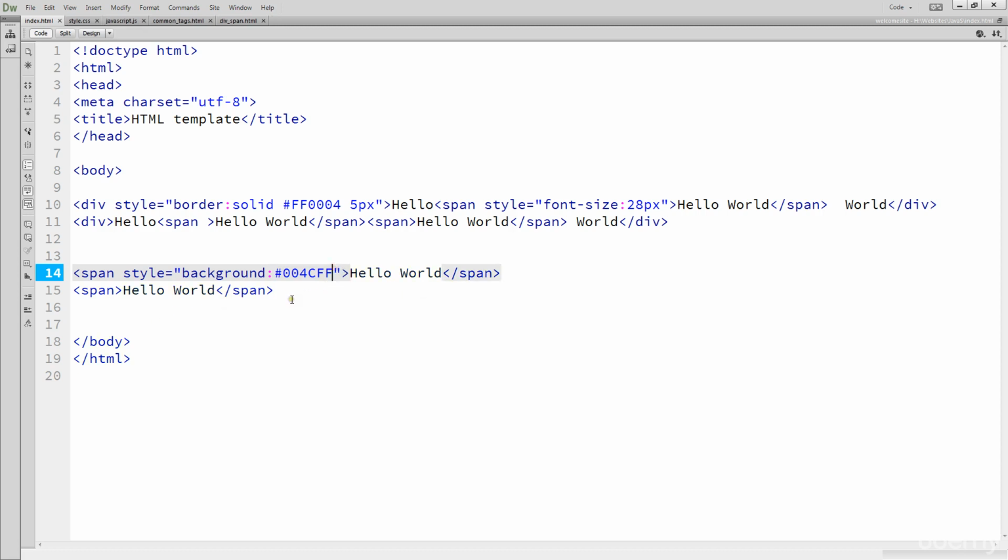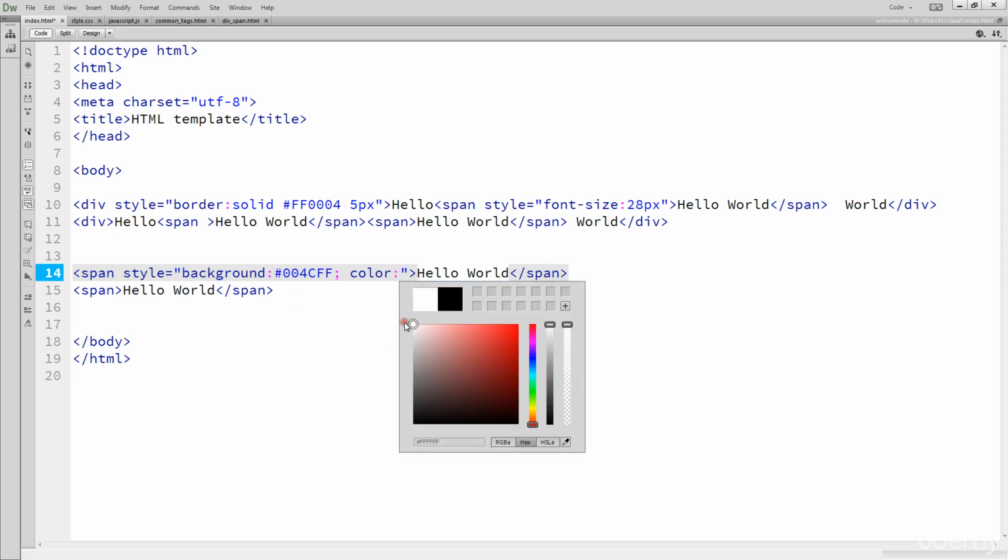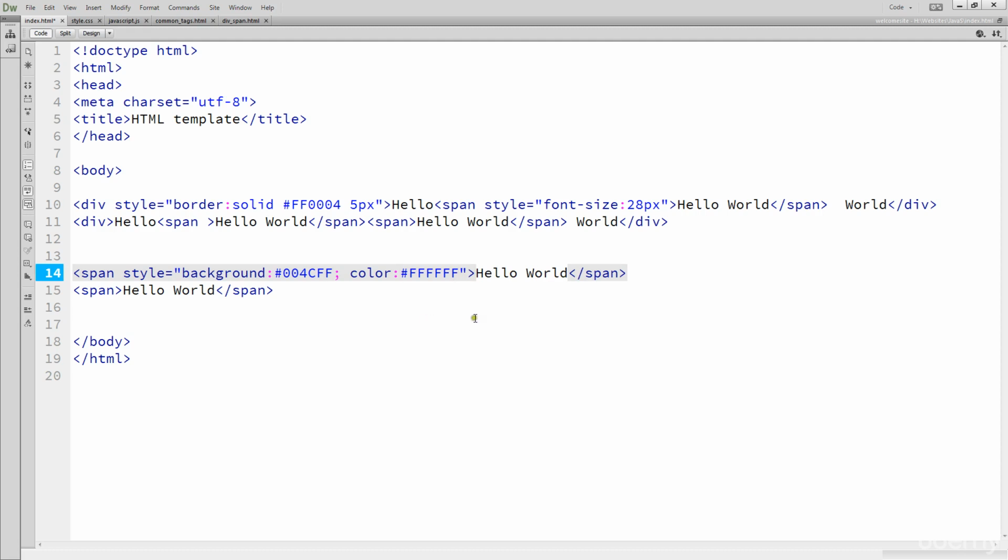And also, we're going to add an additional one. So we're just going to do color. And color is just going to set the color of the text. So if that's blue, we want to make the text white. And save that. So as you can see here within style, just like CSS, I can add several different styles,